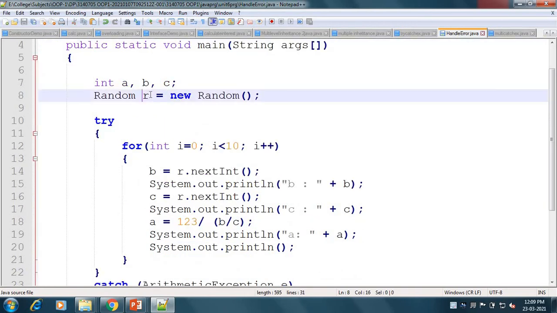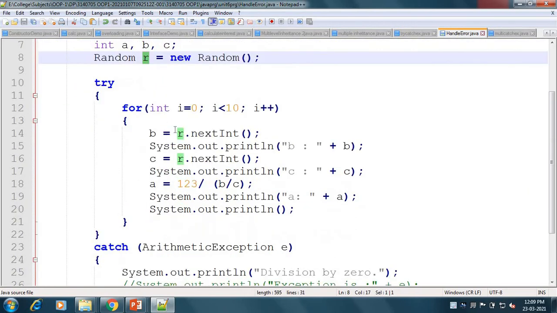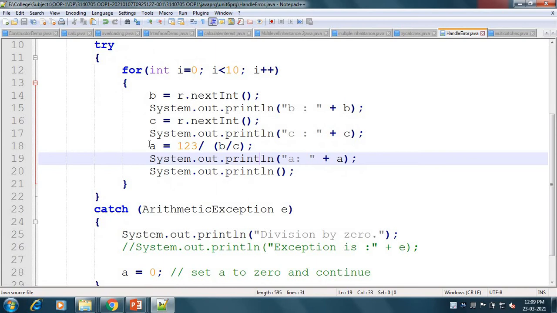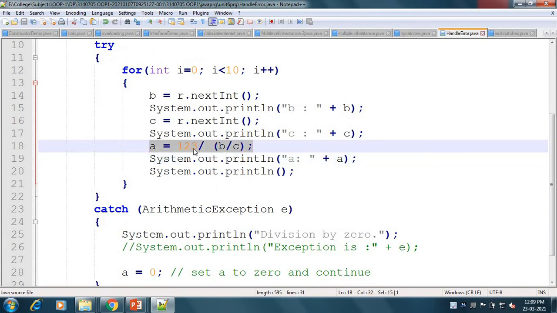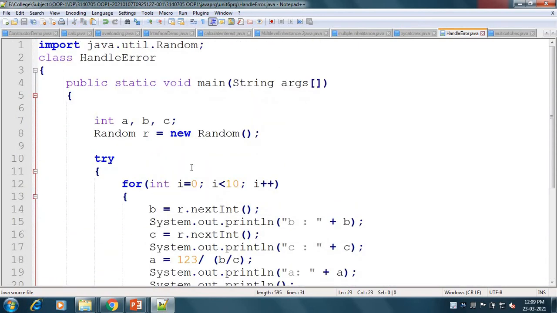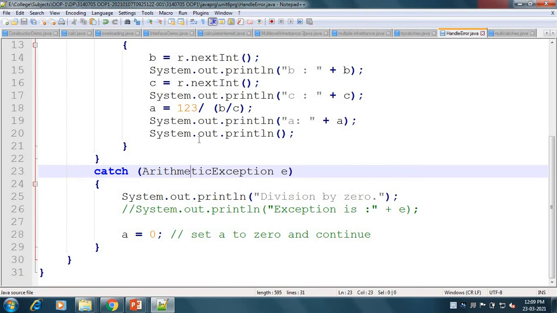Here we have created our Random class object r, and through it we create b's and c's values randomly and put them into the calculation a equal to 12345 divided by b divided by c. If some random value makes this 0, it will again become divide by 0. So for it we handle the arithmetic exception. This is the handler of the arithmetic exception.